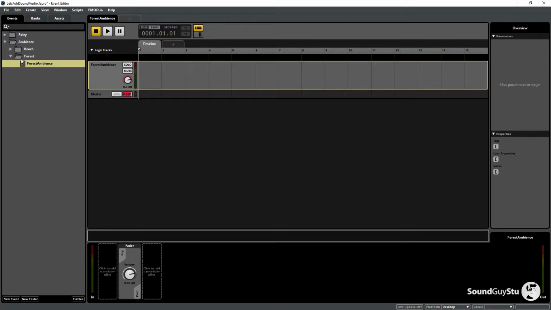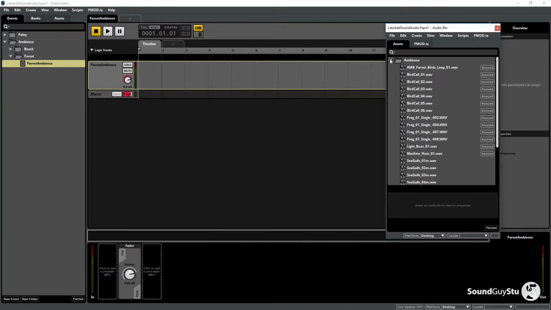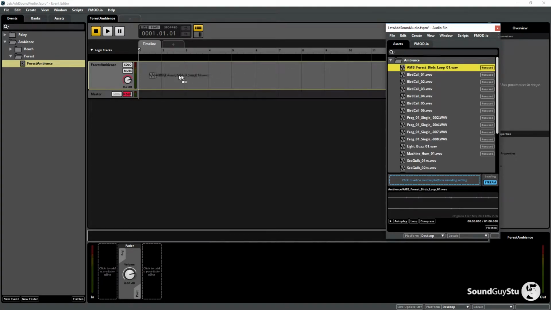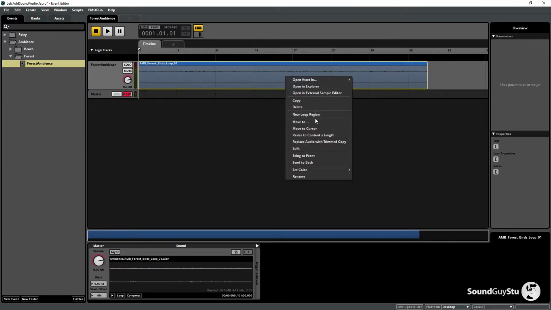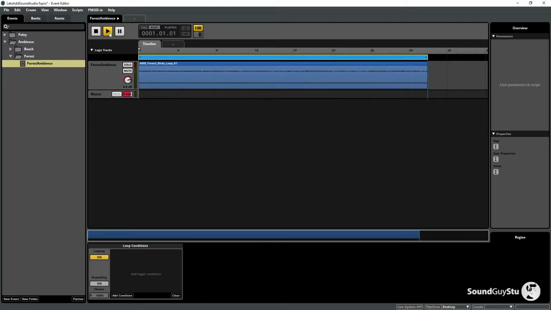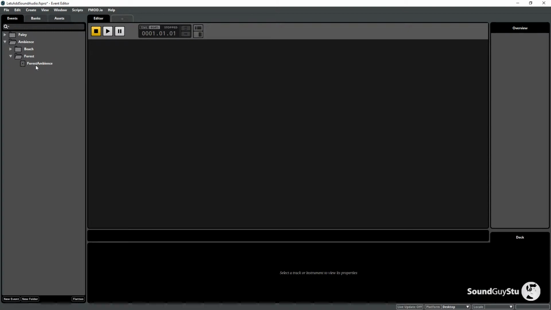Forest ambience. Bring up our audio bin here. And I've just got this loop here, which is a nice forest background sound loop. So simple as that. Then I want to, just to add in a bit more sort of three-dimensional sound, I'm going